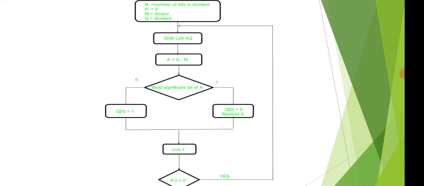So totally 4 values you are going to initialize. In n you initialize the number of bits in the dividend, A is initialized with 0, M is the divisor, and Q is the dividend.